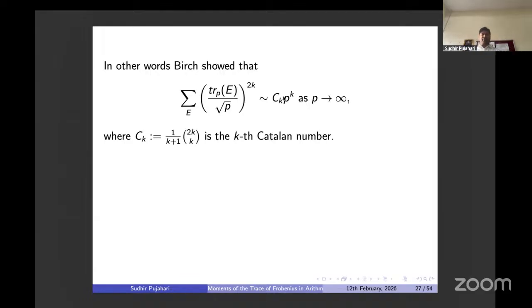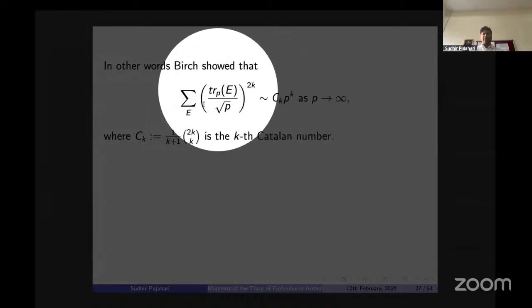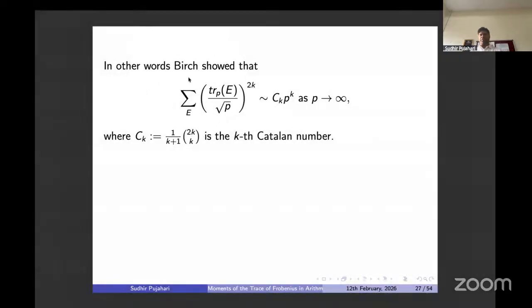So in case you do not find the rest of the talk interesting, whatever is appearing here is itself very interesting. What is happening on the left hand side? We are dealing with the trace of Frobenius, which is more of a geometrical object, right? An elliptic curve, or genus 1 curve. And then on the right hand side, the Catalan number is appearing. It is a very combinatorial object. It appears in nature and in many places, right? And the even moment of the trace of Frobenius is precisely the Catalan number. By its own right, this is super interesting, at least for me.